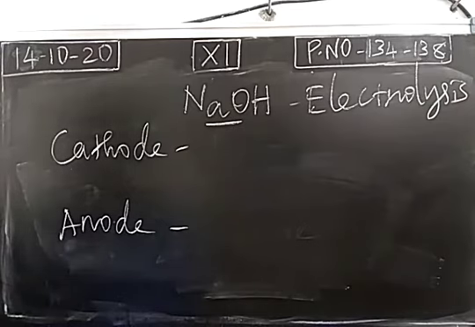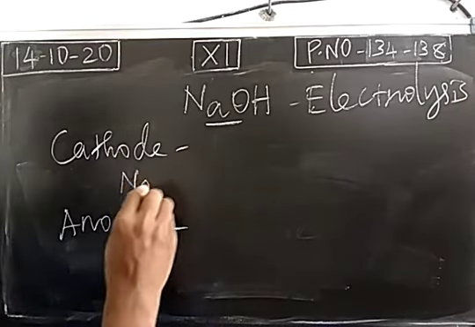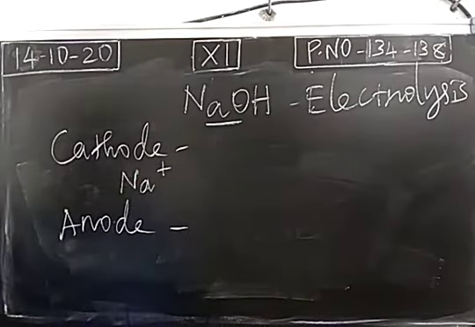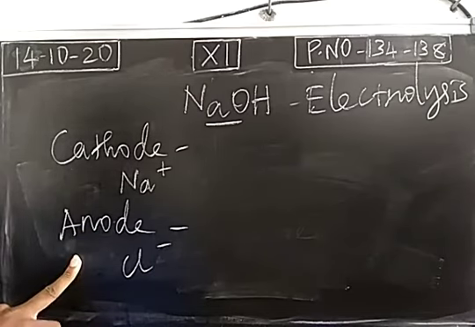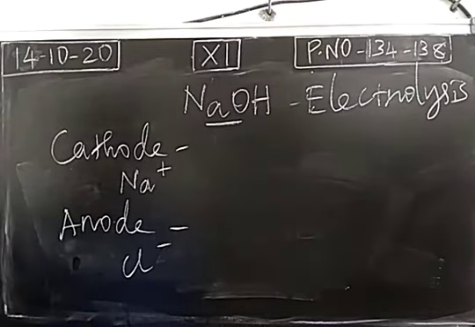So in the solution, we have Na plus and Cl minus ion. The electrolytic solution is sodium chloride. Since it is in solution form, there will be cation as well as anion. And as we know, oxidation will take place at anode and reduction will take place at the cathode. Based on this, we will get sodium hydroxide. Take the chloride anion. The chloride anion will undergo oxidation process.